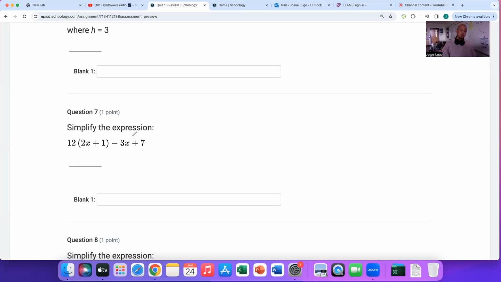Simplify the expression. Combine like terms, see where you can do things. So let's just rewrite it. So we have 12 times (2x plus 1), minus 3x plus 7. All right, so using PEMDAS, ladies and gentlemen, I normally would focus inside the parentheses, but I cannot